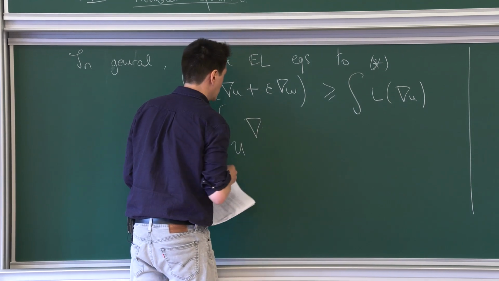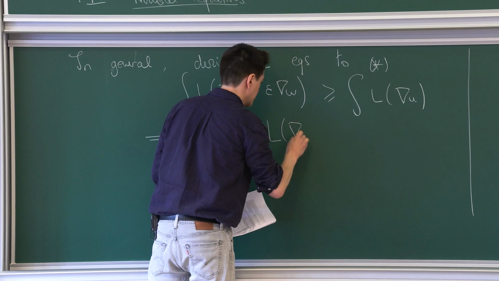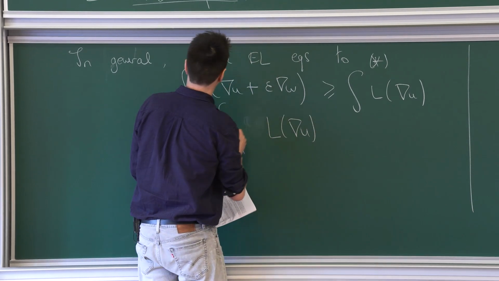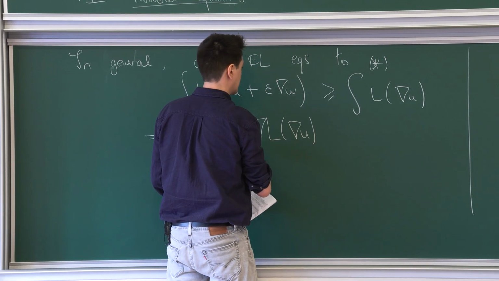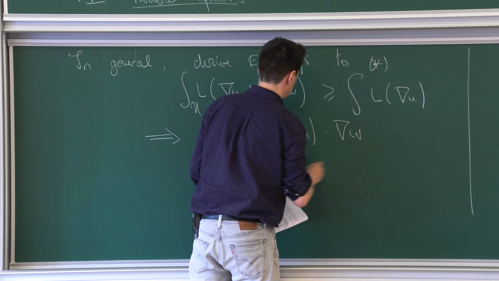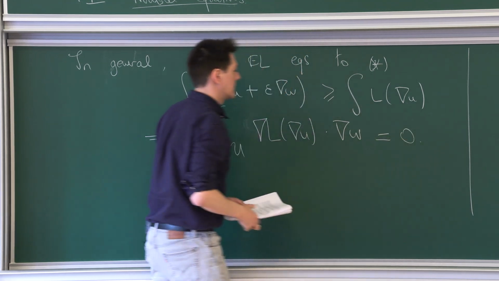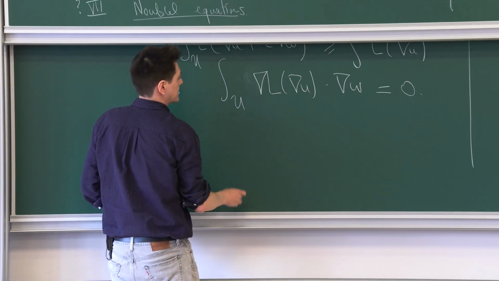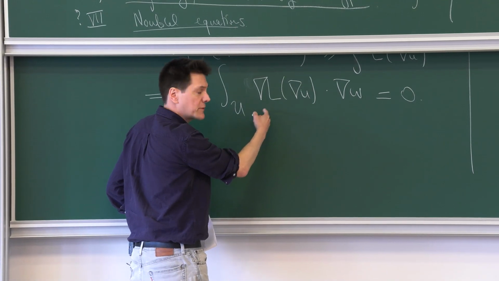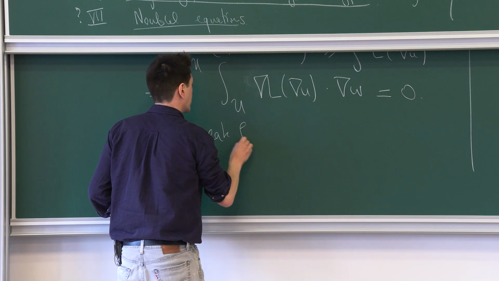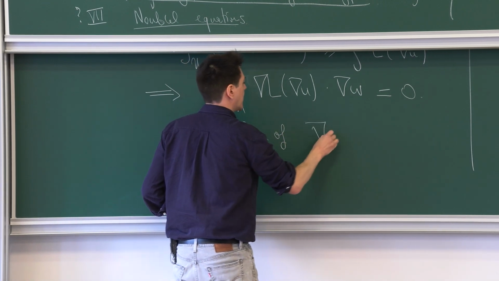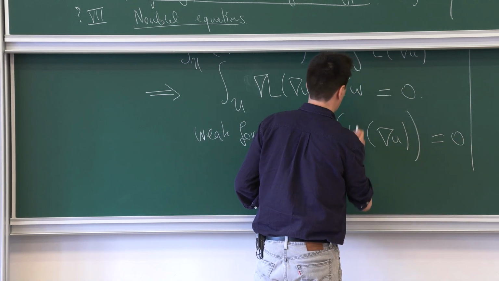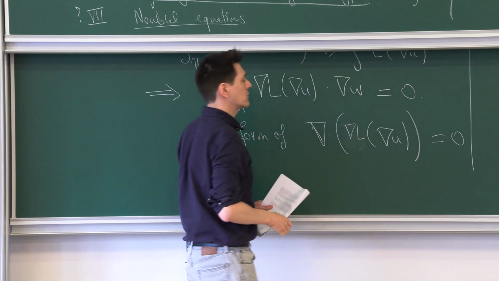it one last time. You end up with, like that. So that's your first order term in epsilon. You have to cancel that, and that is a weak form. Weak because I integrate by parts away from the boundary, and that is the weak form of divergence of grad L of grad U equal to 0.